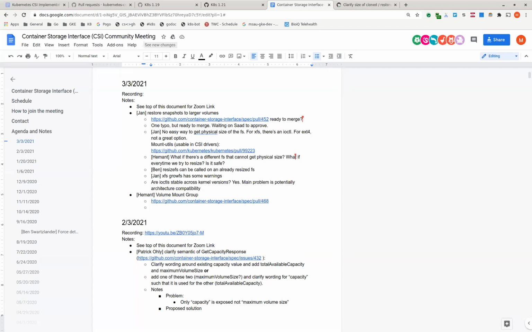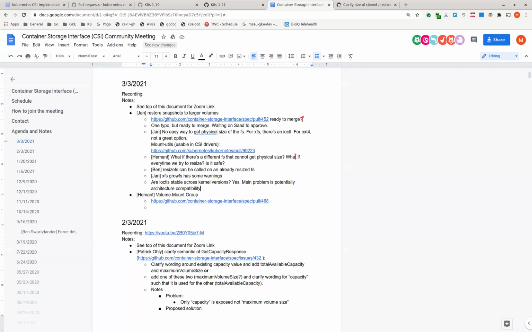I was thinking, if you put it in the CSI spec that the driver is responsible for the size, and the driver doesn't know the size and has to query it by reading the file system geometry, and if it's not possible for certain file system types, then it should throw an out of range error. Maybe that's okay. Do we have an example of when they can't do this? Because that would be helpful.